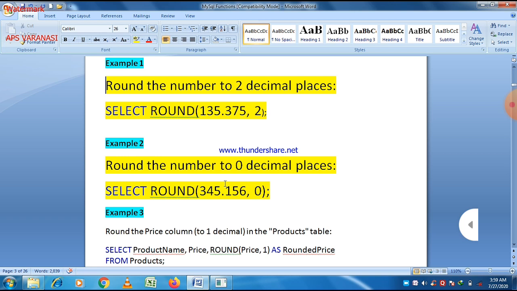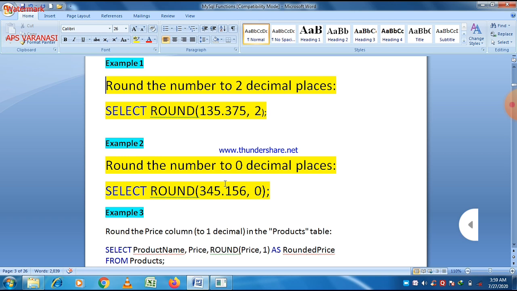So very simple example. There are three examples of how to use the round function. Very simple to use. Just write select, and then the round function, and within the parentheses write the different parameters, and there are two parameters for it. First one is the value, and second one is a value again, up to which we want to round off that particular value.